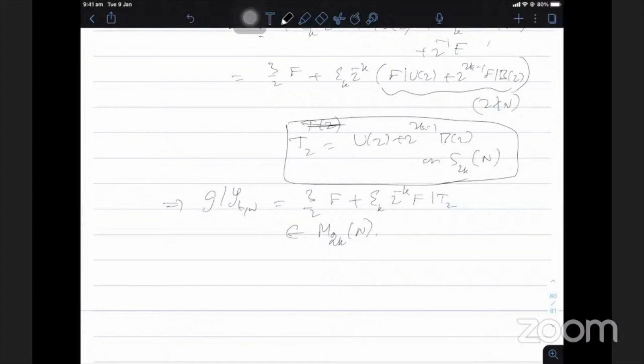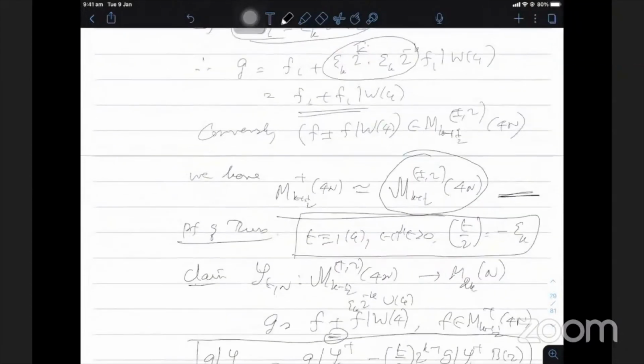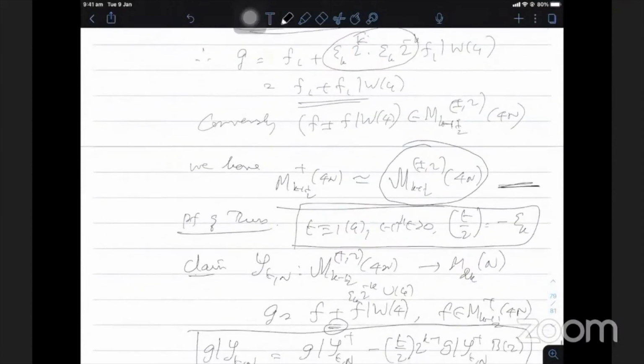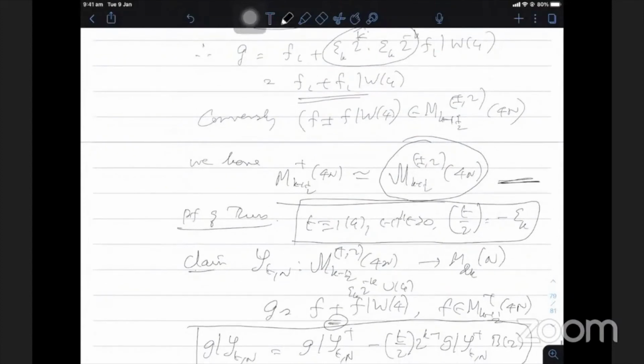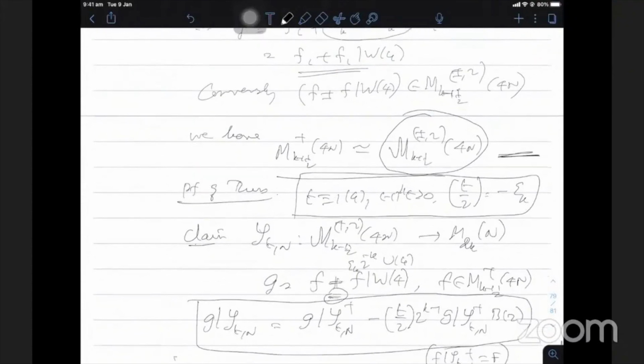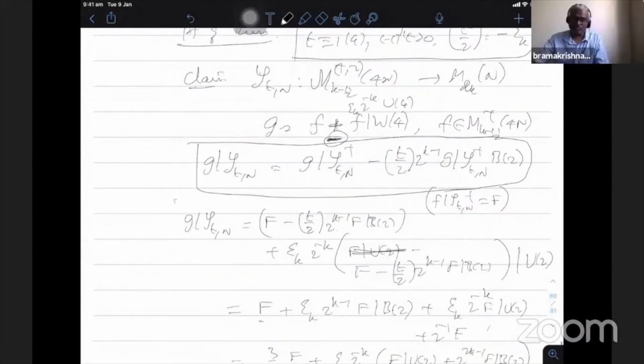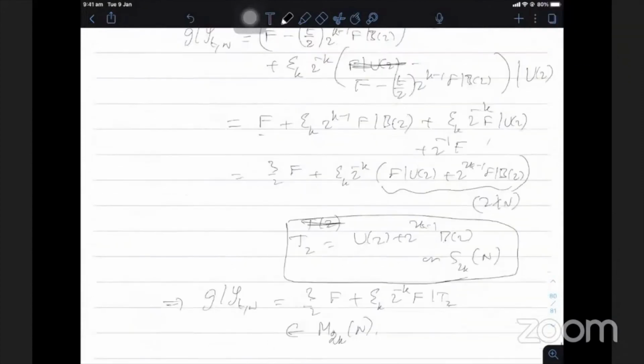Can you go to the line proof of theorem where you started? Here. We are working with plus 2 4n, minus 2 4n is gone. No, I told you just now. When I take plus 2, I get the F plus W4. Minus means I have to put a minus there. So I cannot write them together, otherwise there is a lot of confusion. For clarity, I think it is better to start with the plus and then change to the minus accordingly, and then you get back similarly. Probably you get a minus sign when you take the minus space.